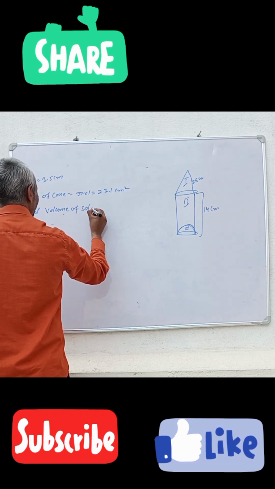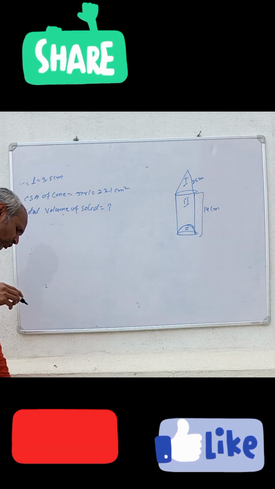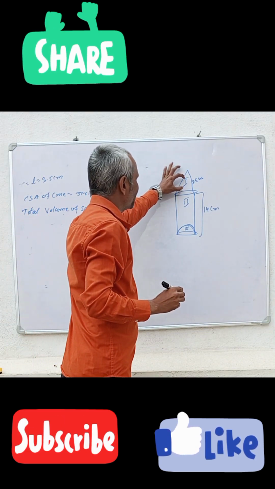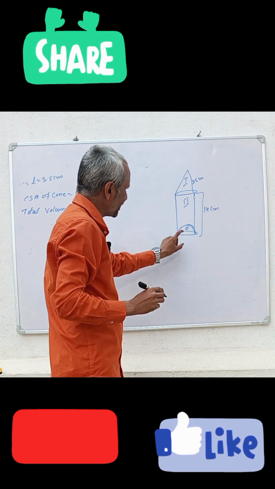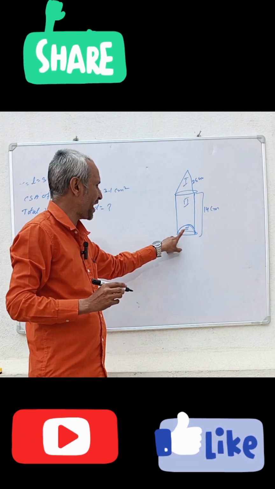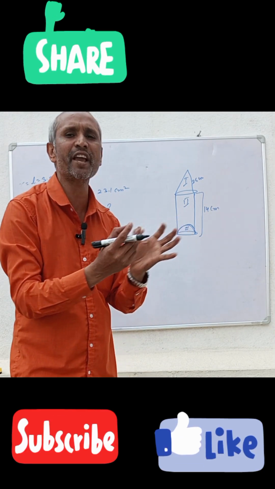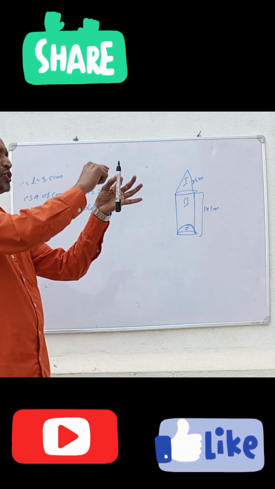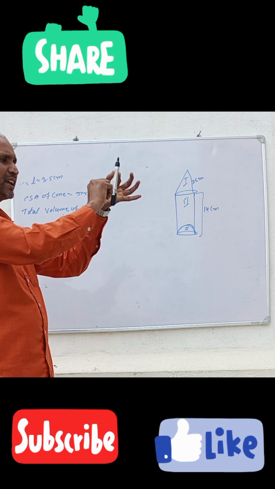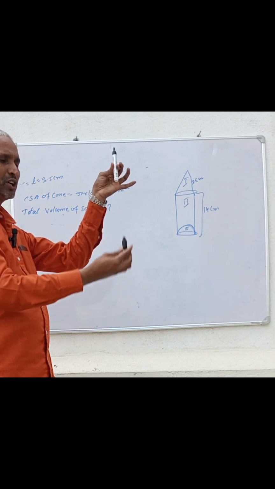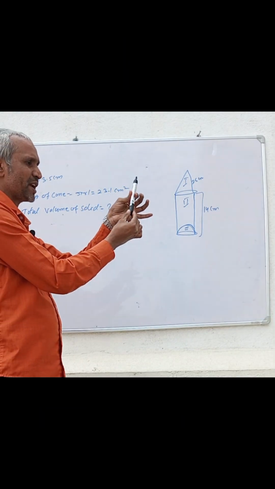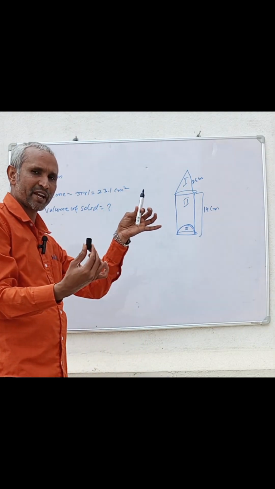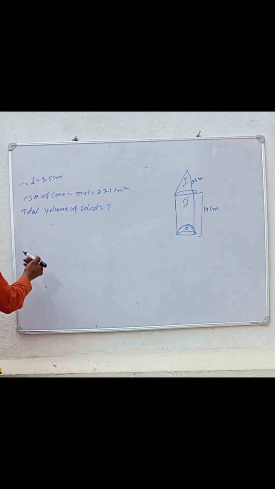Now to find the total volume of the solid, we have to find first the volume of the cone, then the volume of the cylinder. In that, minus we have to do the volume of the hemisphere. Why? Because it is drilled out, taken out from this one. Suppose this is a marker, this is a cone, this is a cylinder, and in that it is taken out. Suppose this is drilled out, so we have to do minus in that. If it is kept here, we have to add, but if it is taken out, drilled out, then we have to make it minus. So writing first,